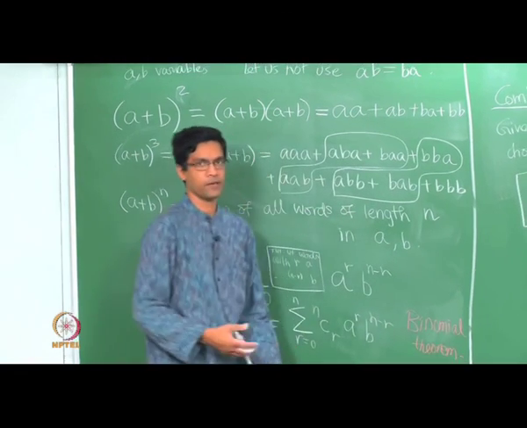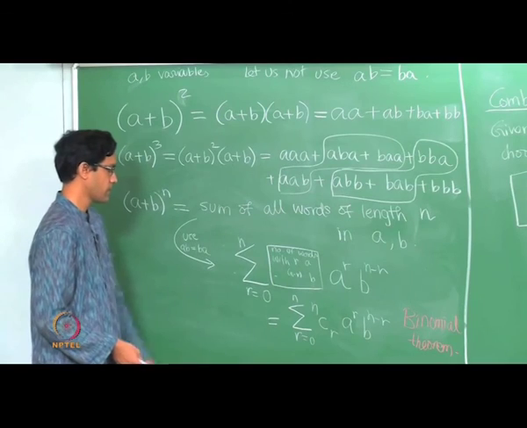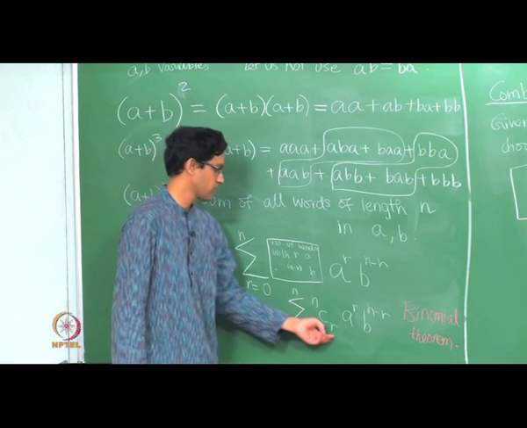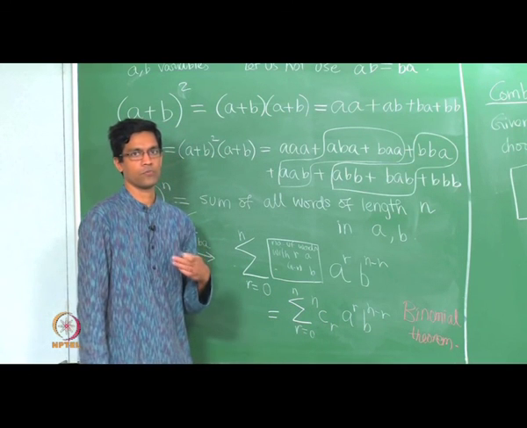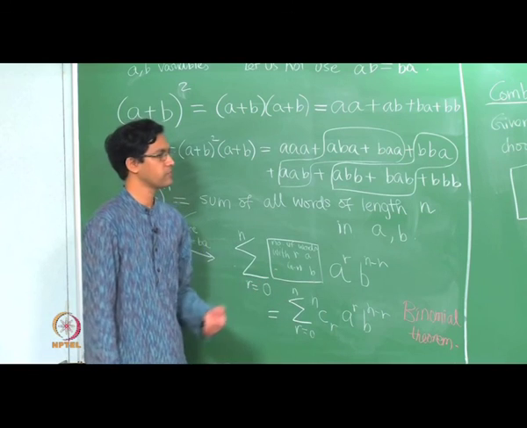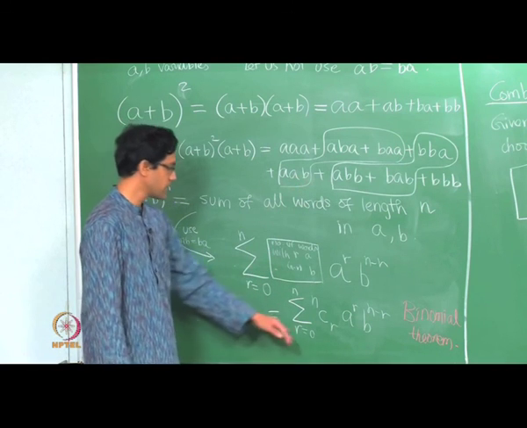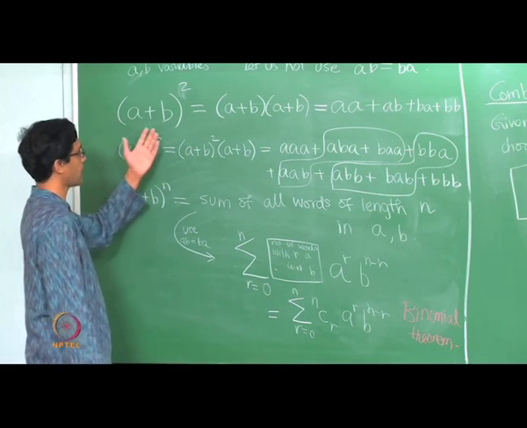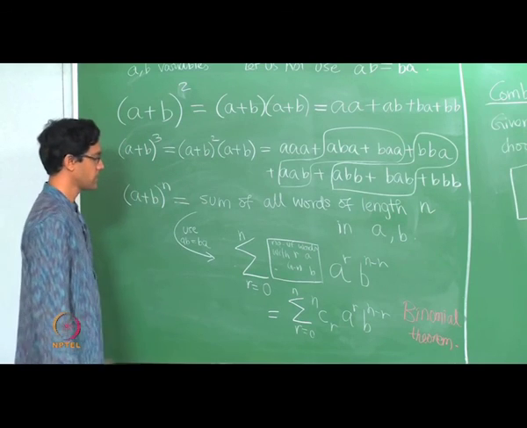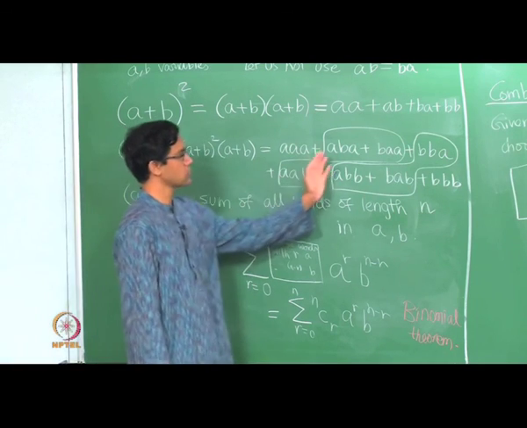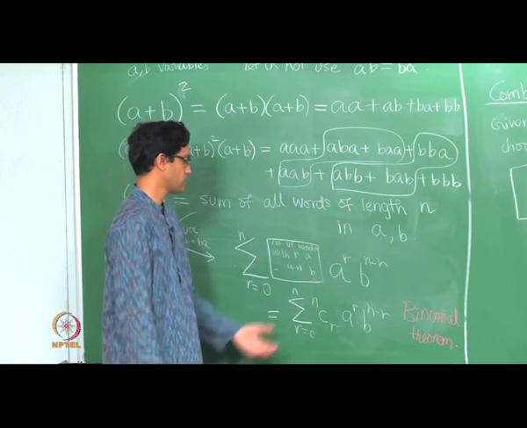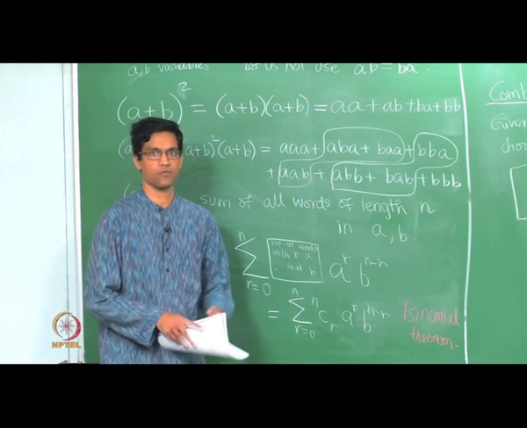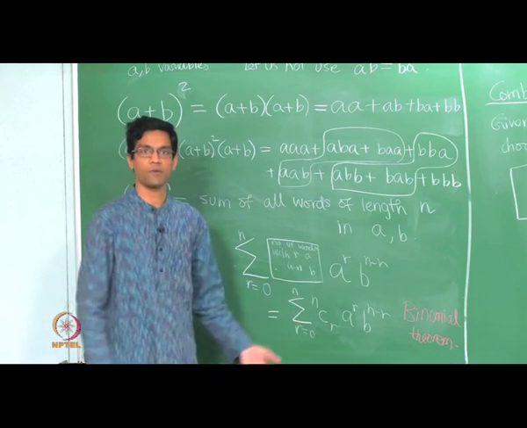Which tells you how to expand (A+B) power n, and this gives you a much clearer idea as to why these numbers, the numbers of combinations, which appear when you count certain types of configurations, also appear when you try to expand this algebraic identity. The reason it appears is because it really counts all words of a certain kind, and that is exactly given by the number of combinations. Okay. So next time we will look at some further properties of combinations.